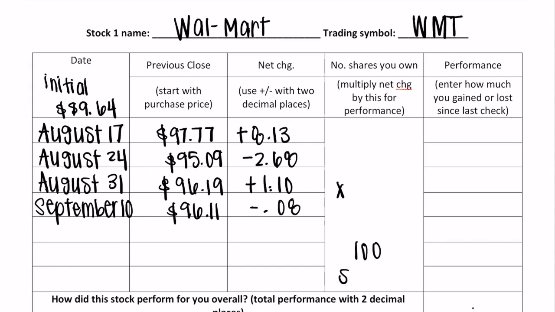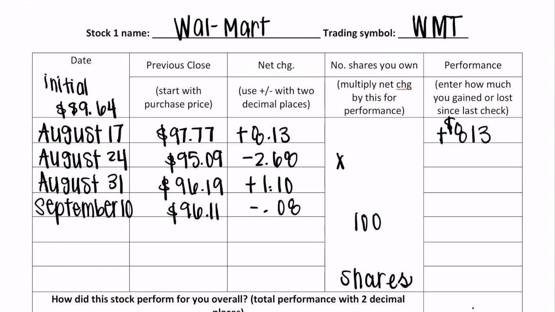In order to get your performance, you multiply your net change by the number of shares you own. I own 100 shares of Walmart. So in order to get performance for August the 17th, I would take $8.13 multiplied by 100. So my performance was I gained $813 in my total portfolio for Walmart. I do the same thing for the rest of the dates. So for August the 24th, I lost $268. For August the 31st, I gained $110. And for September the 10th, I lost